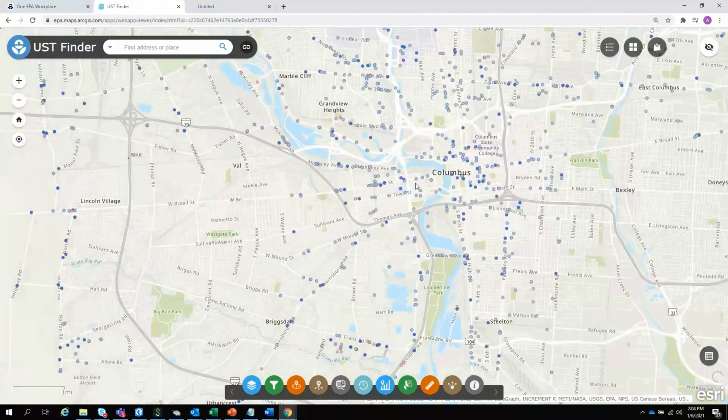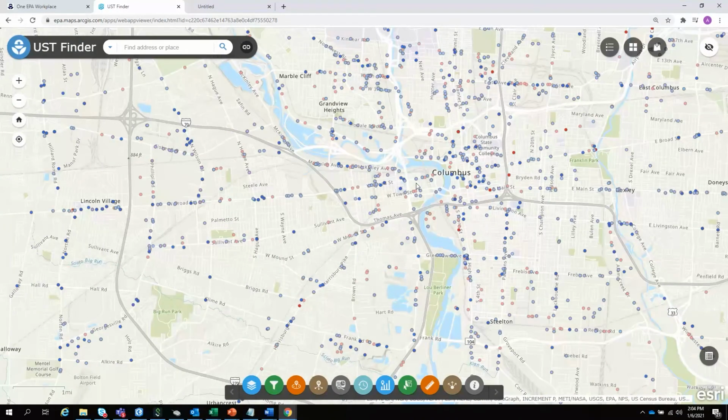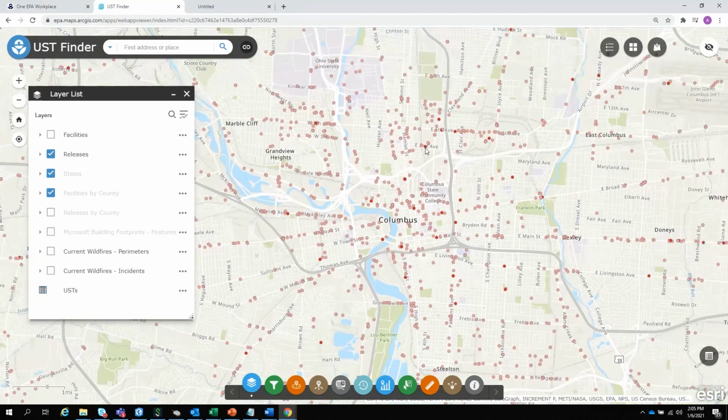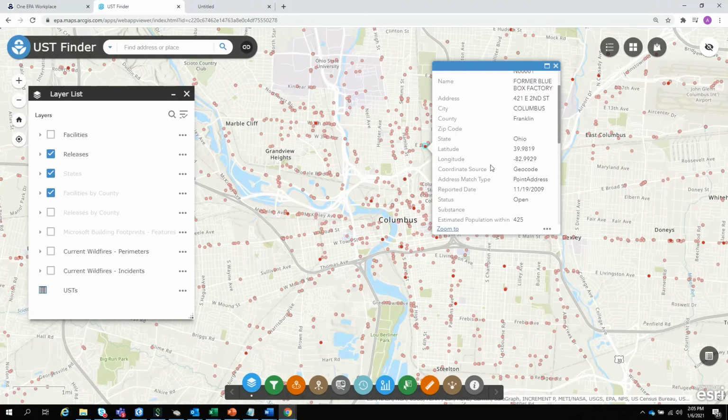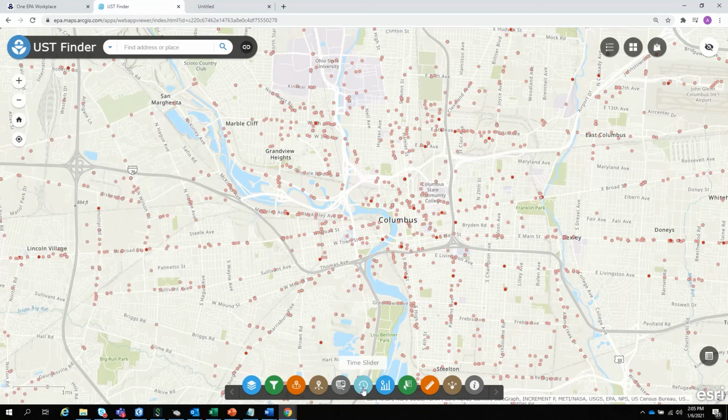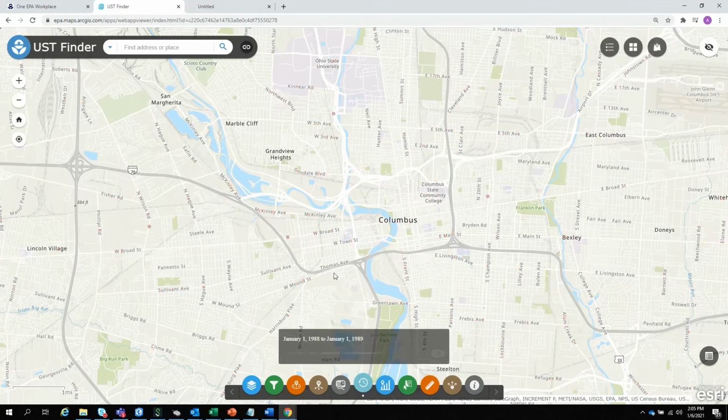So this data is not just spatial; it is also temporal. And the temporal layer is just the release layer within US Finder. So within every location, or most of the locations, we have a reported date. So this is the temporal data. Well, we can query this data temporally by using this time slider tool. I can click the time slider tool, and this little pop-up shows up and allows me to query the data